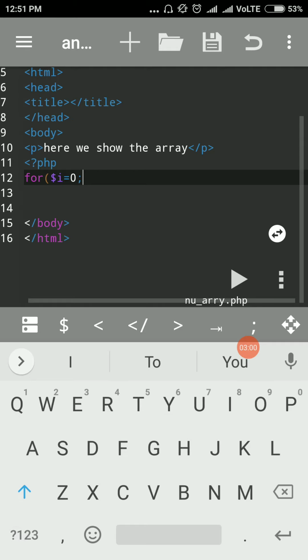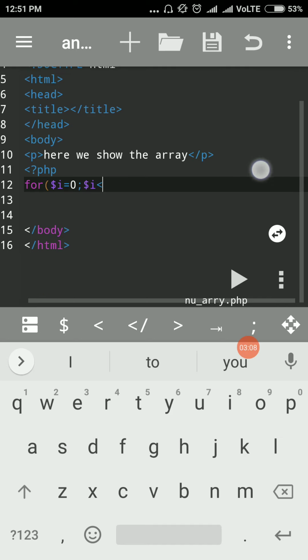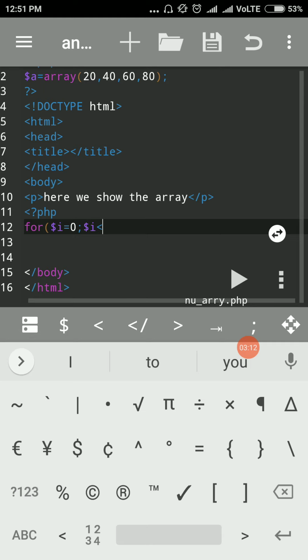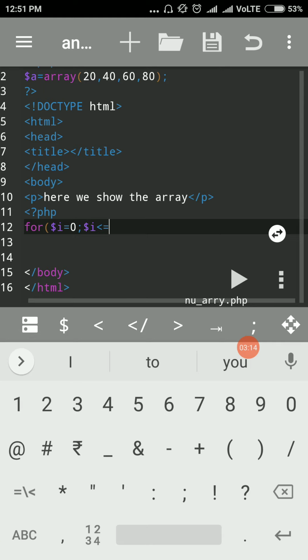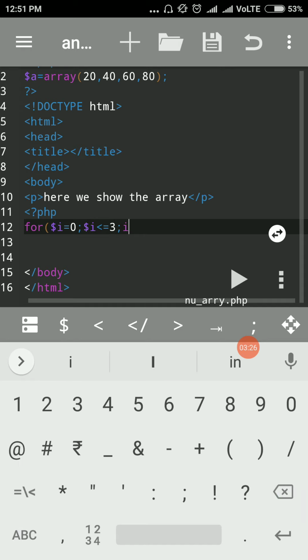Then dollar i less than or equal to 3, since we have values up to index 3, then a semicolon, and then i plus plus, and a semicolon.